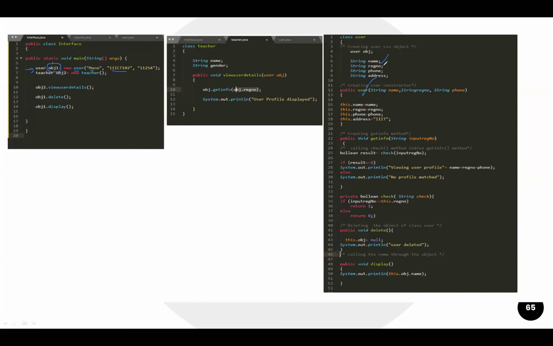So whatever the name, registration number and phone number, they get initialized with the parameters we have sent from here to this constructor. So all these variables get initialized. This is the first thing that is done.